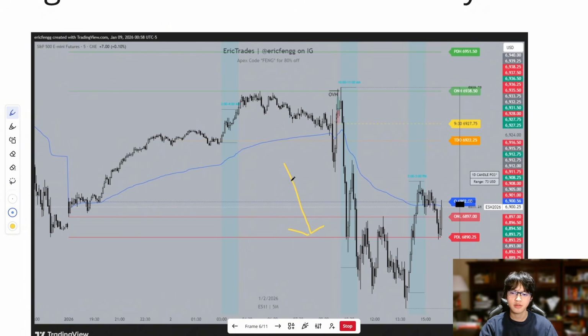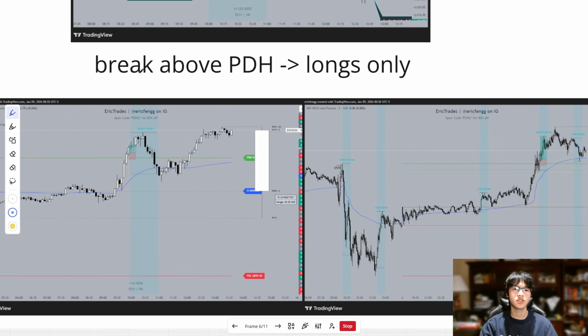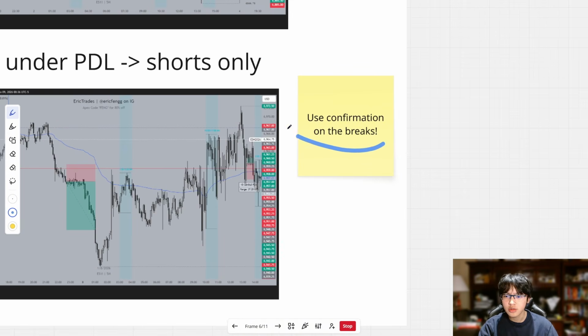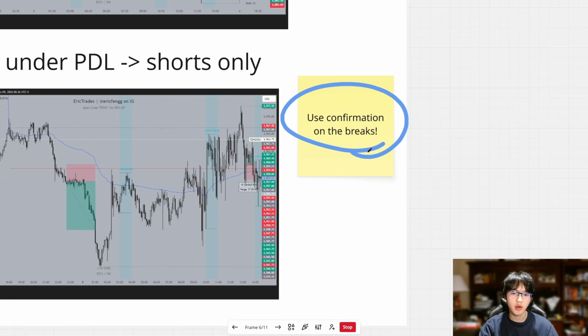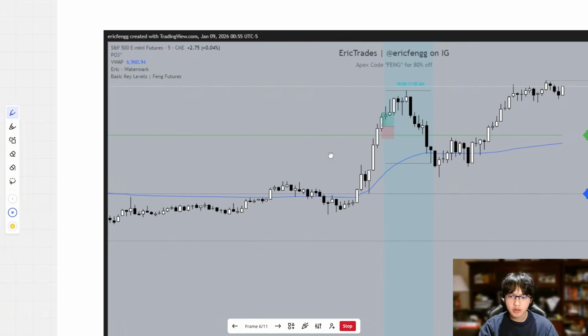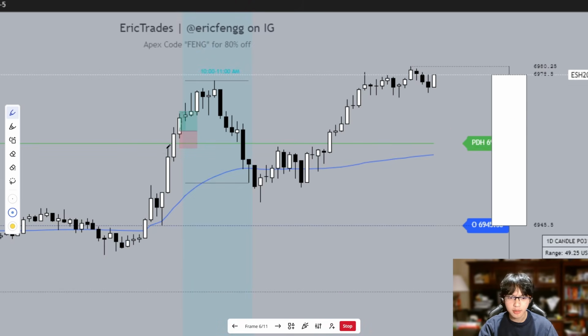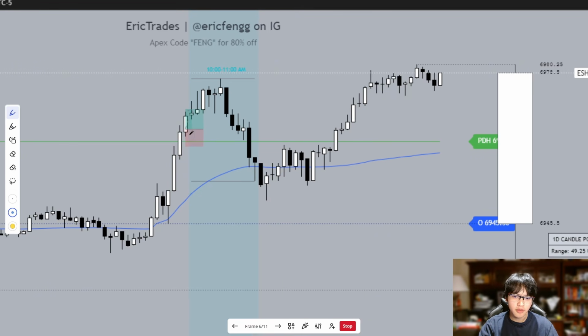Just follow the trend. Now let's look at another example, which is a break above the previous daily high, which means you only look for longs. Now this is a little bit trickier because you only want to use confirmation on these breaks. You don't want to instantly jump in, and this will require a little bit of market experience. But let's say you already have the experience and you know on this day we can see we have our previous daily high marked out by this green line, and market breaks above. And with confirmation, let's say we already know it's longs, then look, we can just catch that pump up,